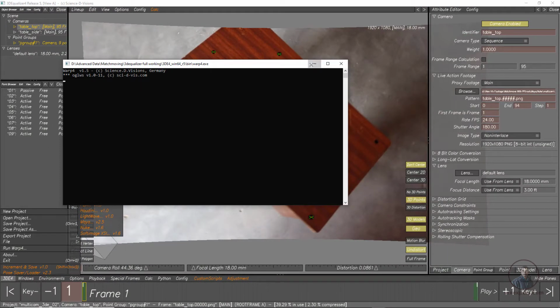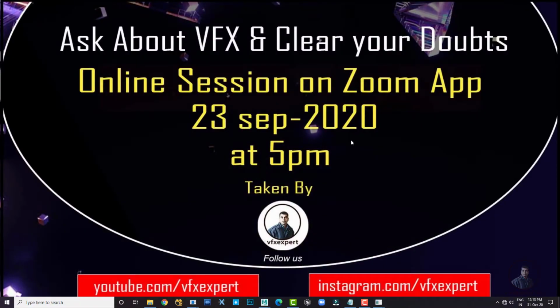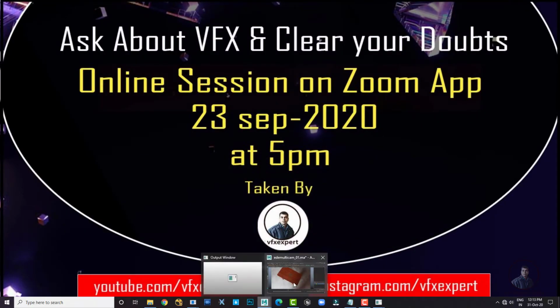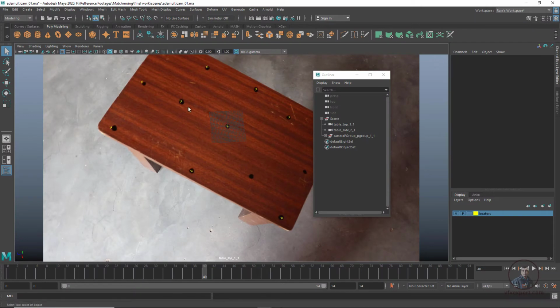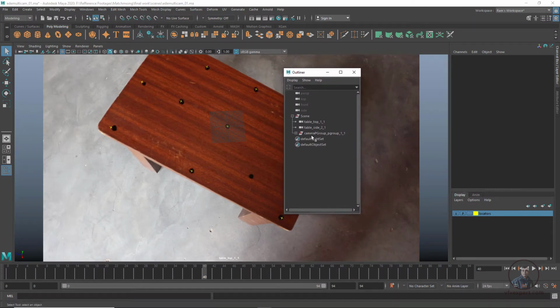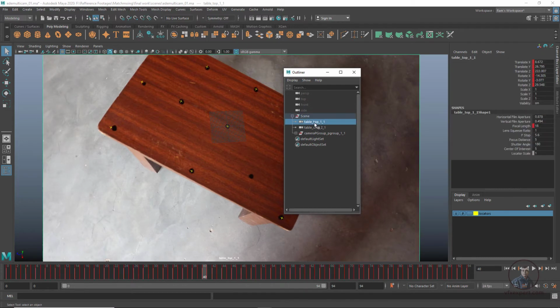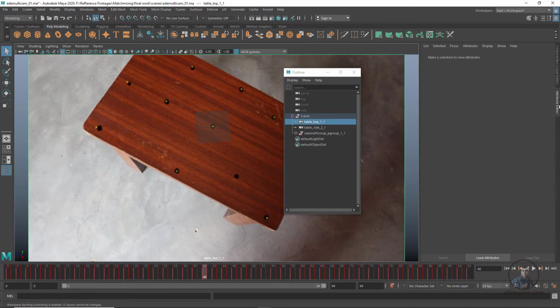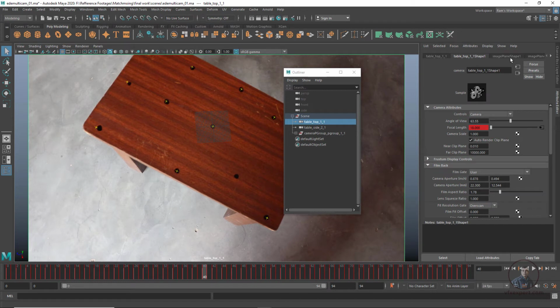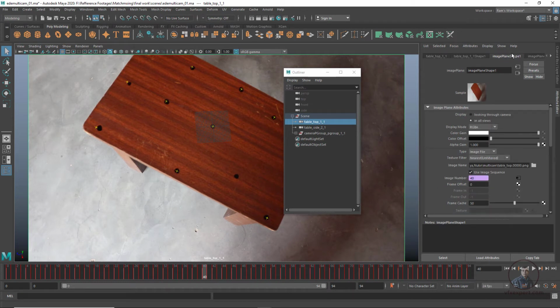Now again come into Maya. I am going to replace this footage. Select our top camera, then open the Attribute Editor, then Image Plane Shape.